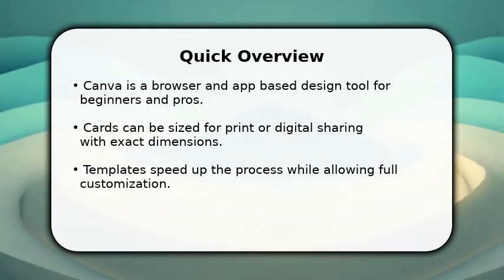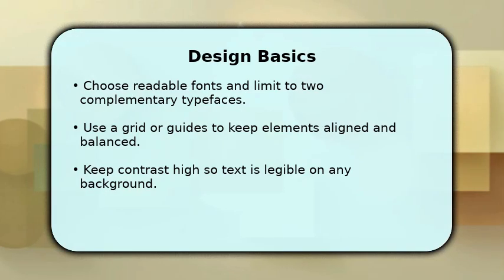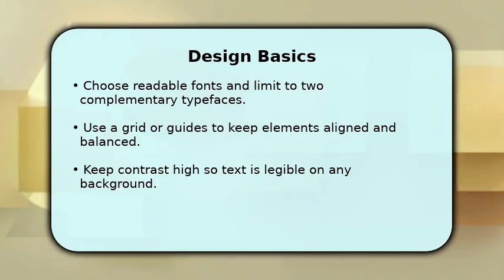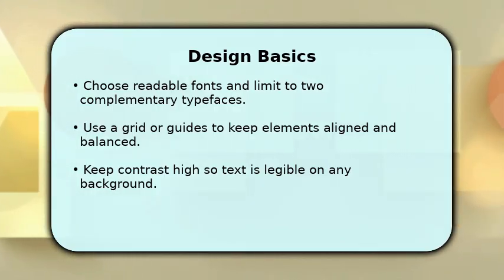Start by selecting a template or blank canvas, then set your card dimensions and orientation. Pick a color palette and two fonts that work together, and place images with consistent margins. Use Canva's grid and snap features to align text and graphics precisely. Consider bleed and safe zone if printing, and preview at actual size before final tweaks to ensure everything looks balanced